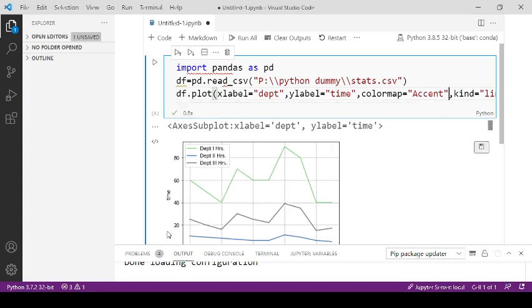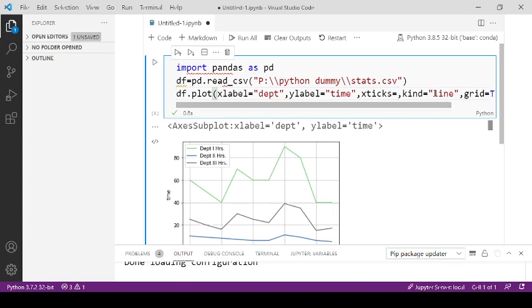We can also specify the x-axis values shown here. Here you can see 20, 40, 60, 80. If you are interested in changing these values, you can do the same using the xticks parameter. So just write xticks and it takes a parameter.